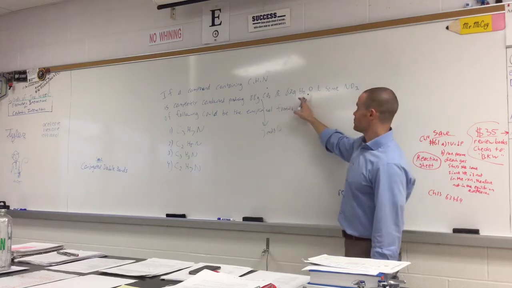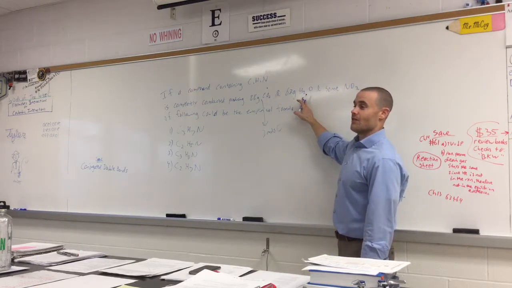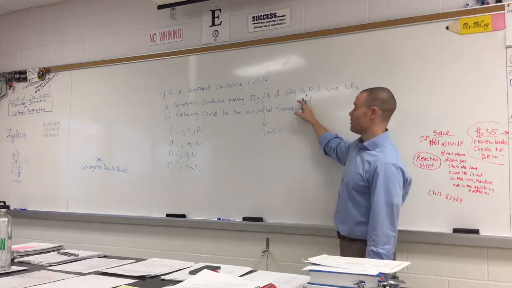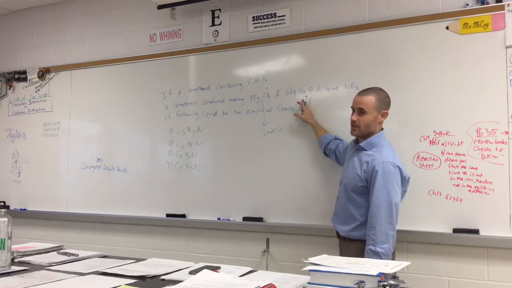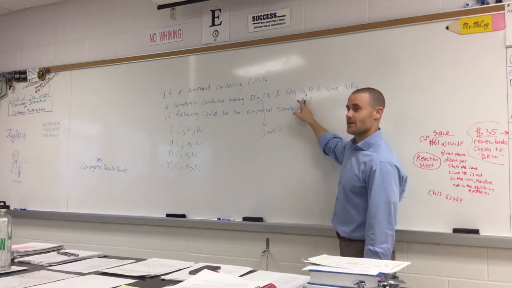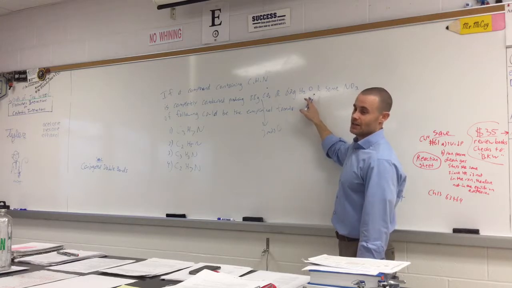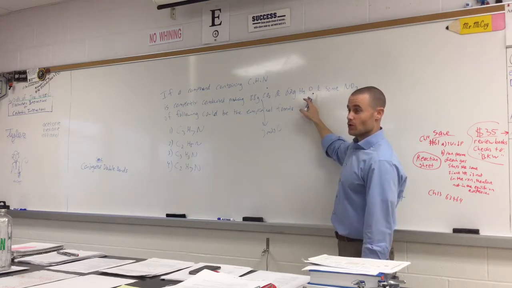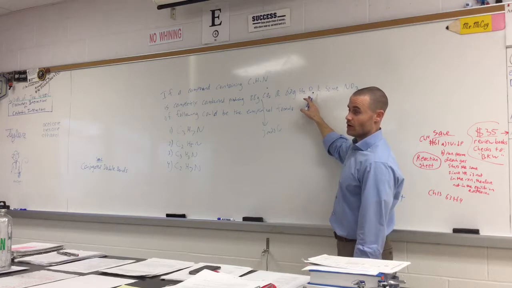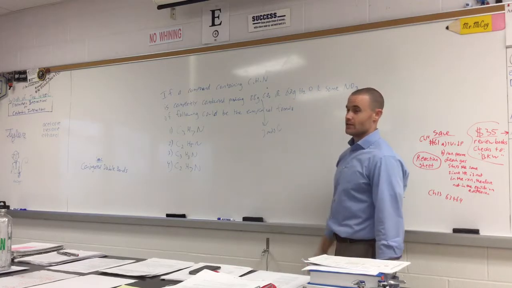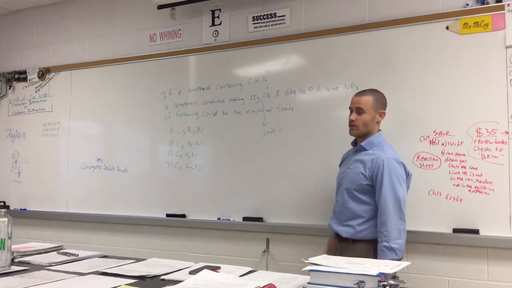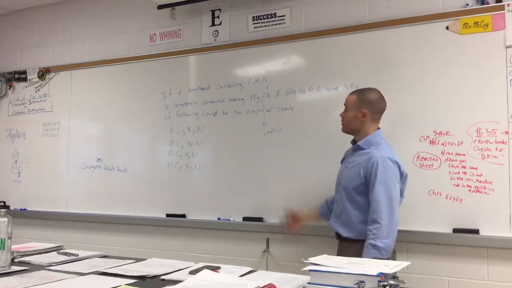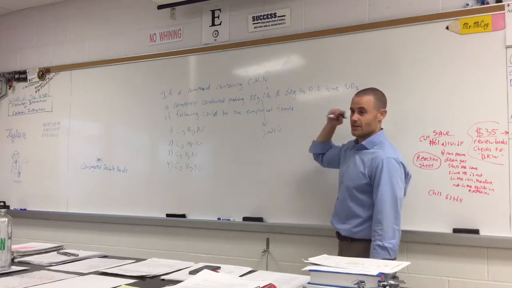How many moles of water is that? 3.5. You need to be able to do that on paper or in your head. You can't use a calculator. Because the molar mass is 18, so there's 1 mole in 18 grams. So 2 moles, 3 moles is 54. 54 plus 9 is 63. So half of 18 is 9, that's half a mole. So 3.5 moles. Or you can just do 63 divided by 18, if that makes more sense to you.